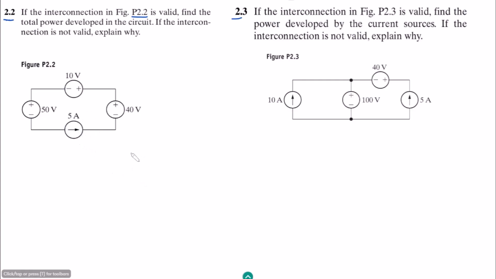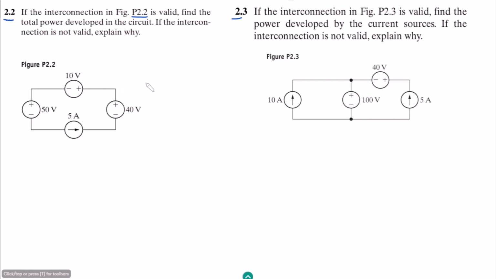I have previously told you that a circuit will be invalid if two or more voltage sources are connected in parallel which have voltage values different from each other. That means different parallel voltages are connected, which is inconsistent with the rules of electric circuits. Similarly, if you have a single loop and two or more current sources are connected in it in such a way that they have different values, that is also an invalid circuit. But there is no connection like that which we can call invalid,